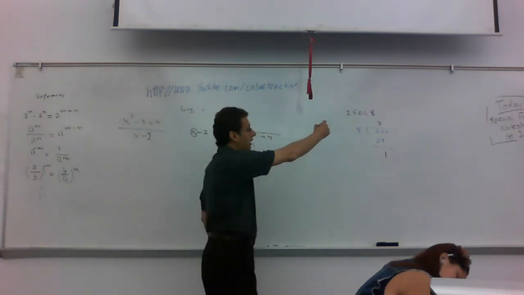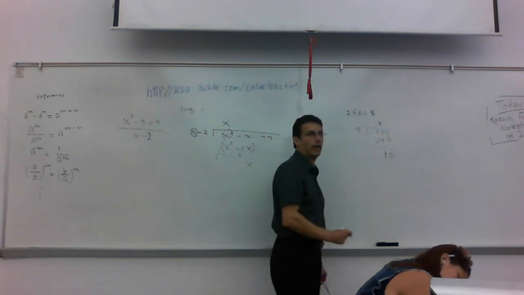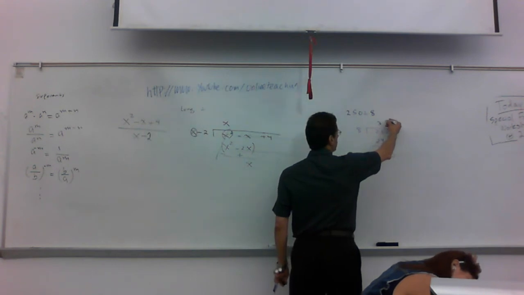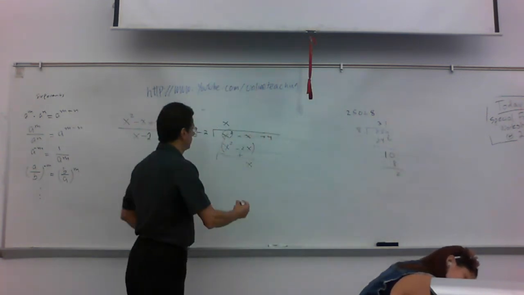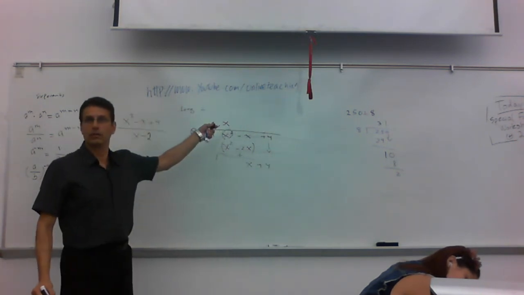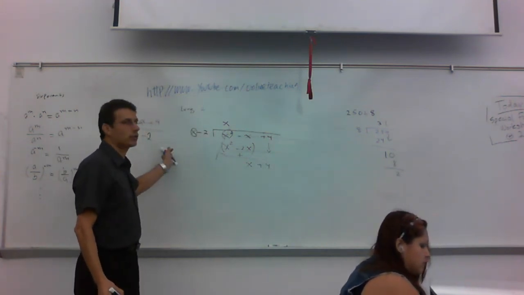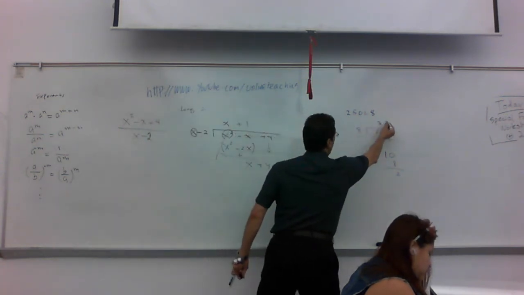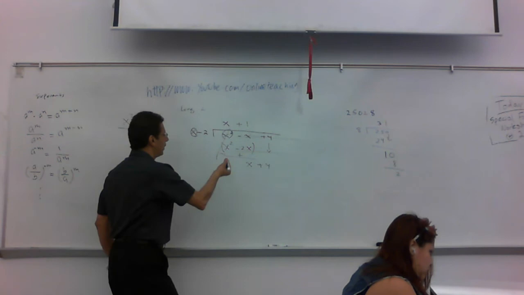What do you do next here? Bring down the 0. You drop the 0 and it becomes 10, right? Now 10 divided by 8 is what? 1, with 2 left over. Okay, so let's drop the 4. Is that the same concept? And roughly you divide x by x, what do you get? 1. And then 1 times 8, in this case 1 times x minus 2 gives you x minus 2,